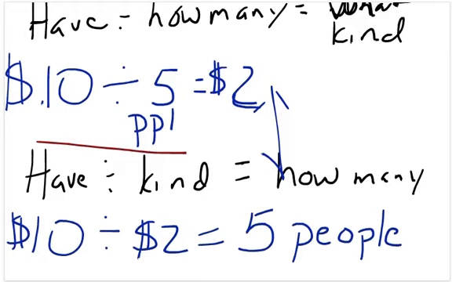So the same idea applies when we're talking about fractions here, all right? What I mean by that is we're going to have 10 of something. It can be $10, 10 pounds, 10 liters, 10 animal cracker goldfish, not real goldfish because we can't split those up. But anyway, we're going to split that into fractions, and what we ought to remember is we'll split that into half. Okay, 10 divided by half. Fractions can never be groups because we can't have half a person. So 10 is what we have